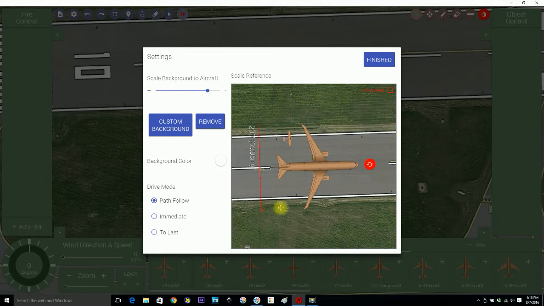Okay, now once I've got it scaled like this, I'm going to hit the lock button right here, and that disables the scale background to aircraft slider, and it also disables my mouse wheel from scaling it again. So tomorrow when another crew comes in and they want to create an emergency scenario right on this runway, it's already locked in and they won't ever have to scale it again. So now I'm going to hit finished,